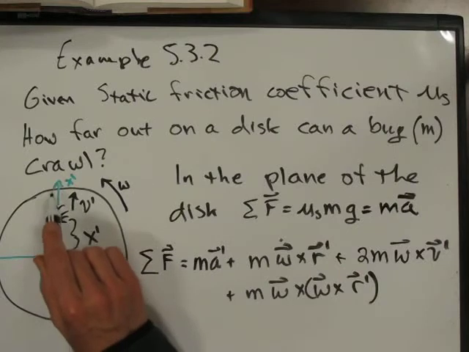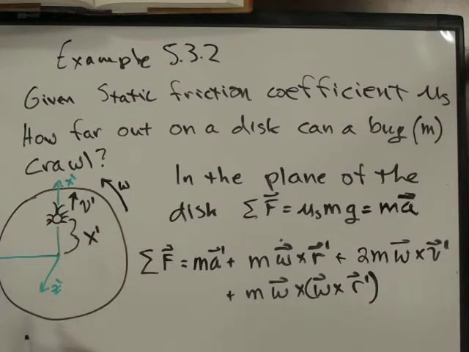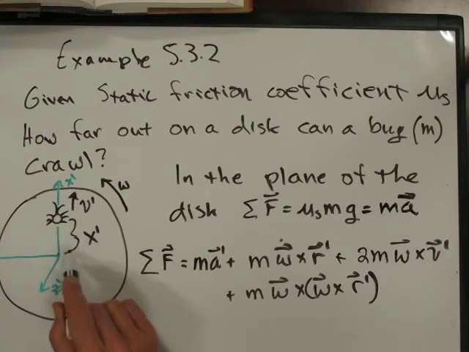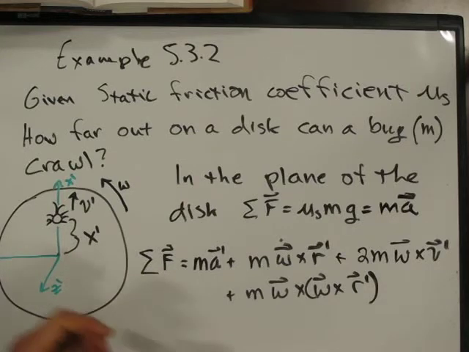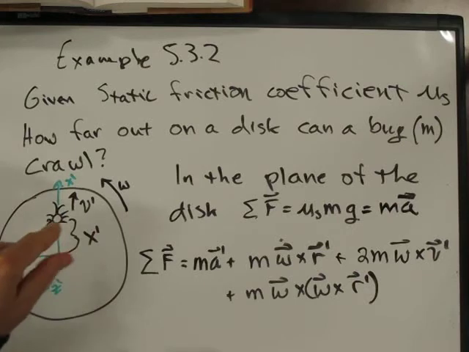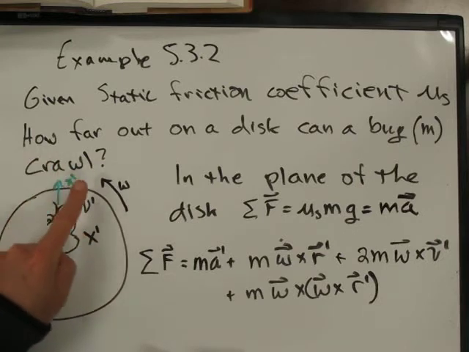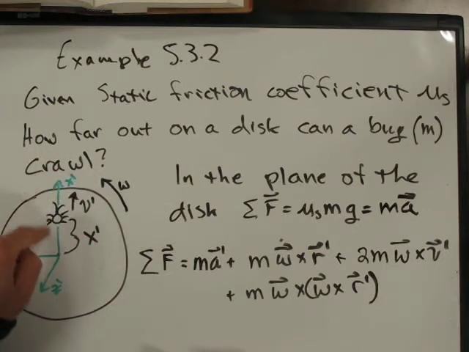Notice it's walking out the x-axis here. And it's traveling at velocity v prime, so it's traveling at a constant velocity. And the distance it is from the center we call x prime. And so I know there's a normal force, and a weight pushing in, but for the interest of the answer to the problem, we're really interested in how far it can go before the forces on it cause it to slide off